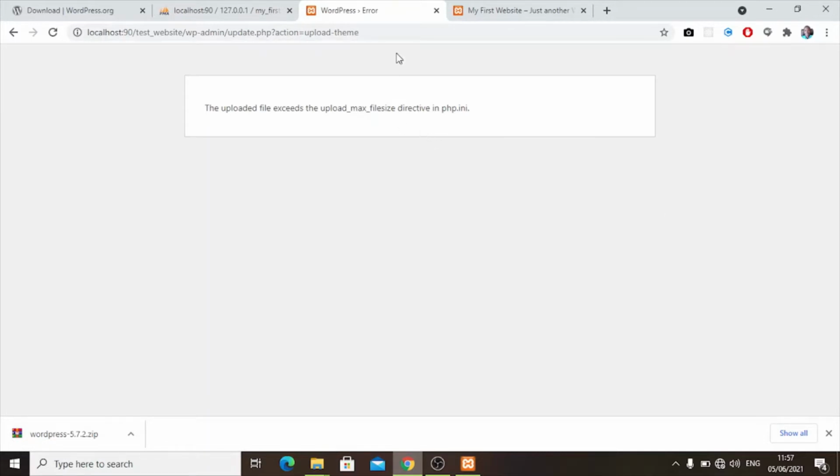So we are getting this error: the uploaded file exceeds the upload max filesize directive in php.ini. So whenever we get this error, that means we have to go to php.ini and increase the maximum file